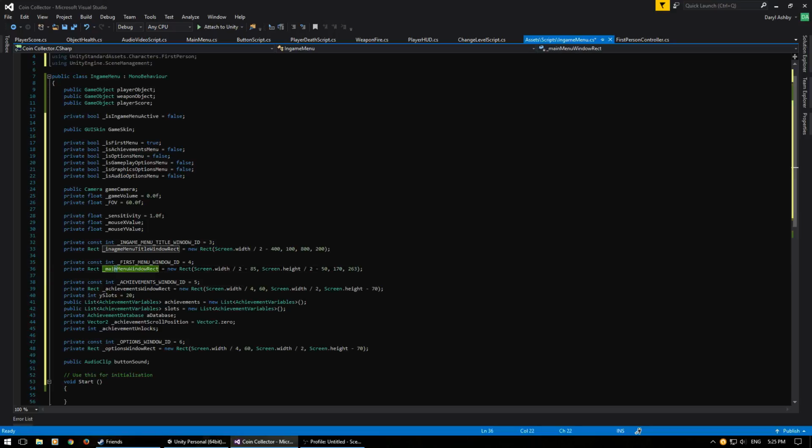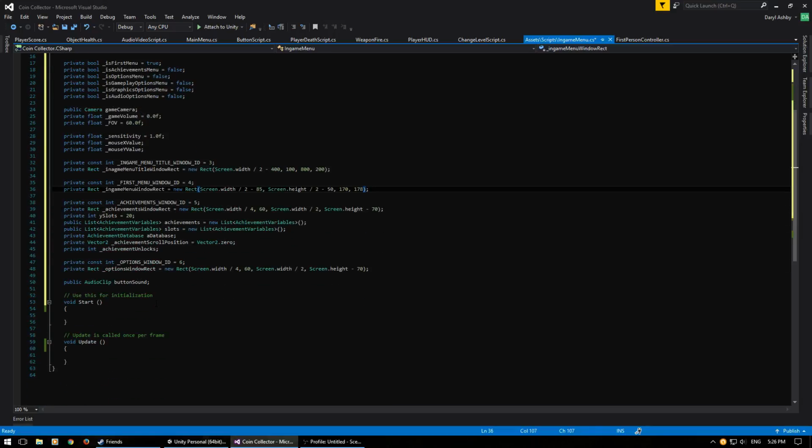And we can change this to in-game menu window rect. However, now I don't need it that high. In this I don't actually need that as high because we don't have as many buttons as we do have in the main menu. And I believe I tested this earlier and it was 178, I believe that was. Right there being the perfect height for this menu. And after all this,